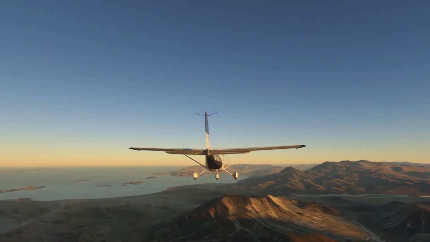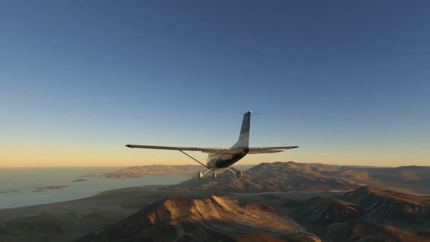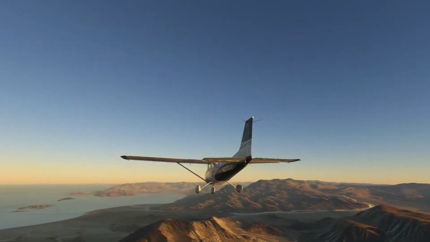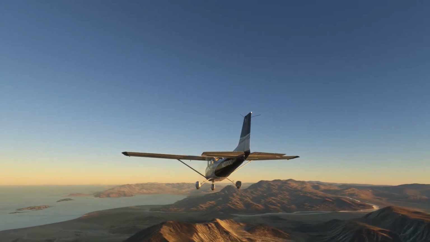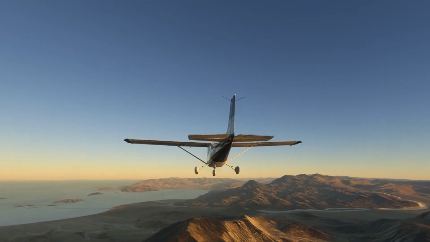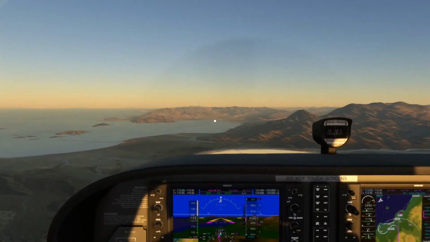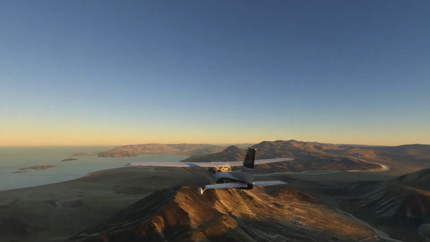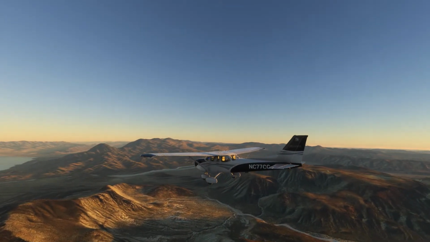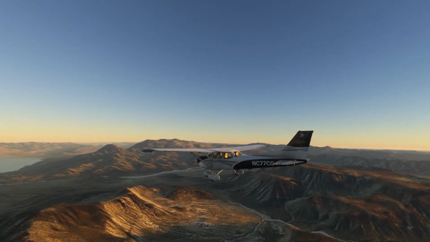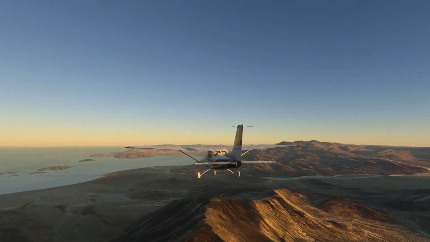Descending over terrain can be really tricky. One thing that they say on this is obstacle clearance is your responsibility. It looks like we're doing okay though.